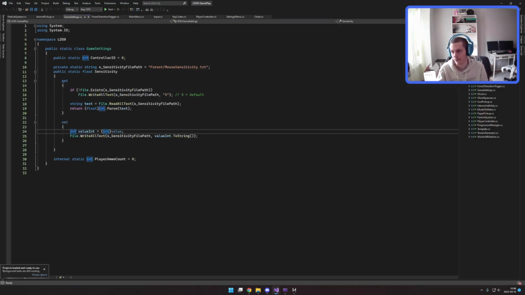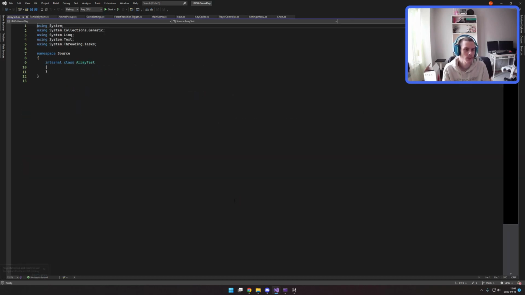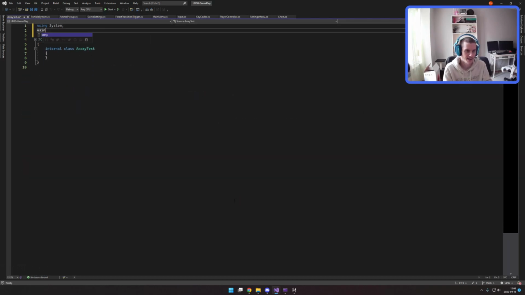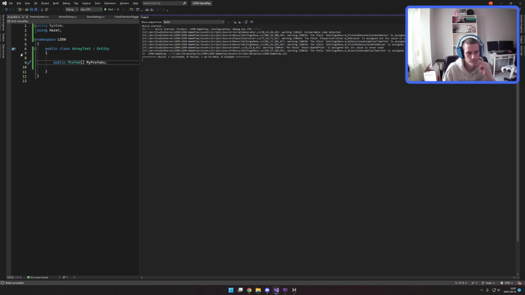But basically, if I create a quick test, and if I do an entity, no, I think entity arrays are broken as well, but if I just create an empty one here,